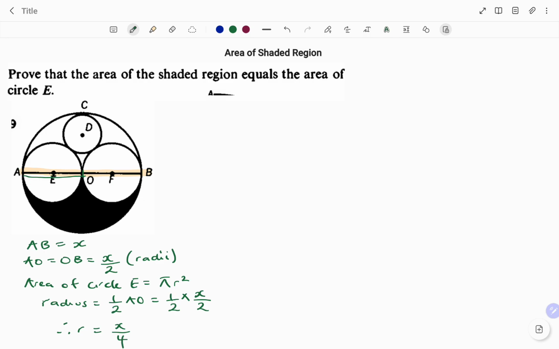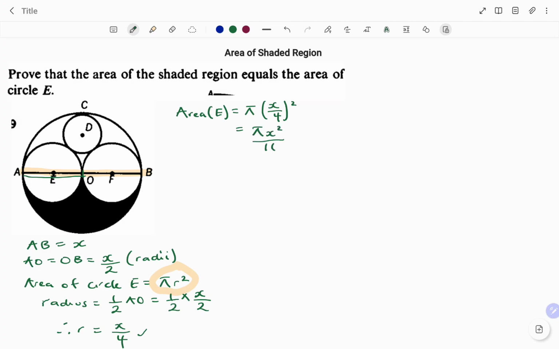If I go back to putting that in the formula for the area, pi r squared, I have area of circle E equals pi radius squared. I'm going to leave my pi as it is. The radius now is x over 4, so times x over 4 all squared. That's equal to pi x squared